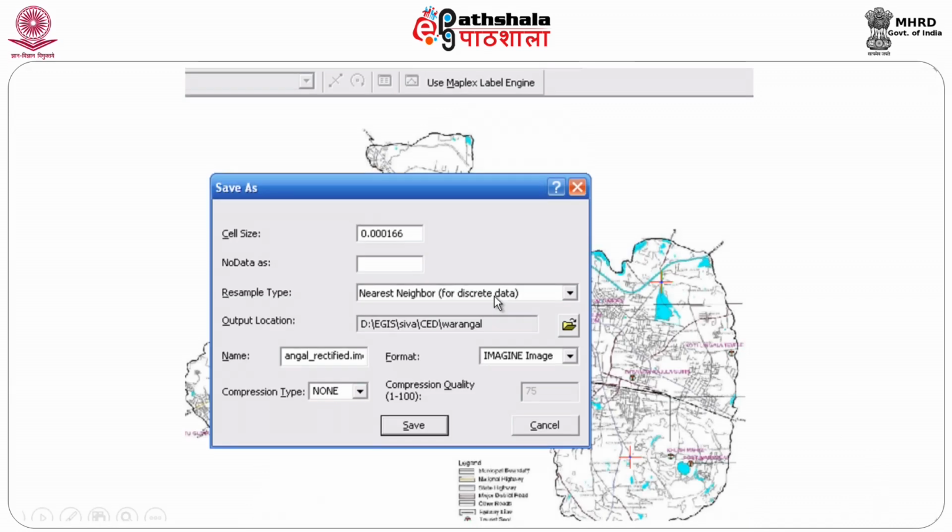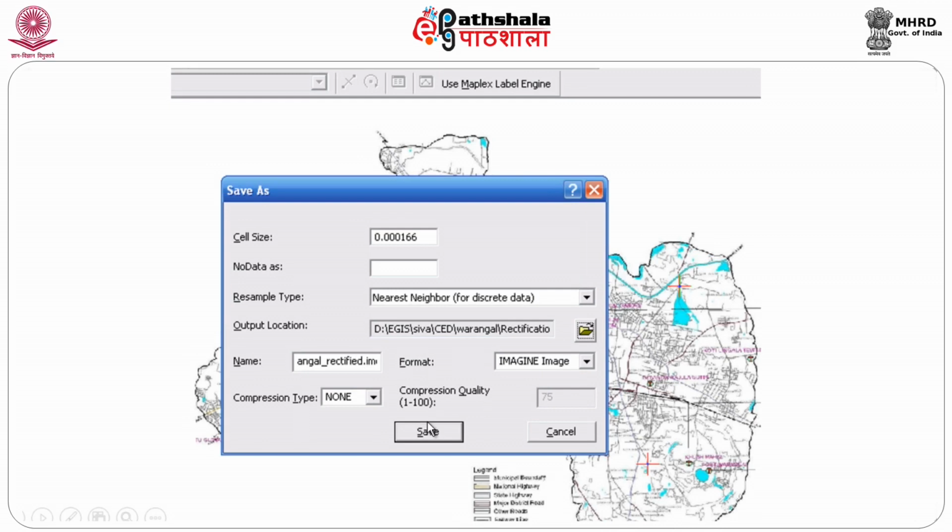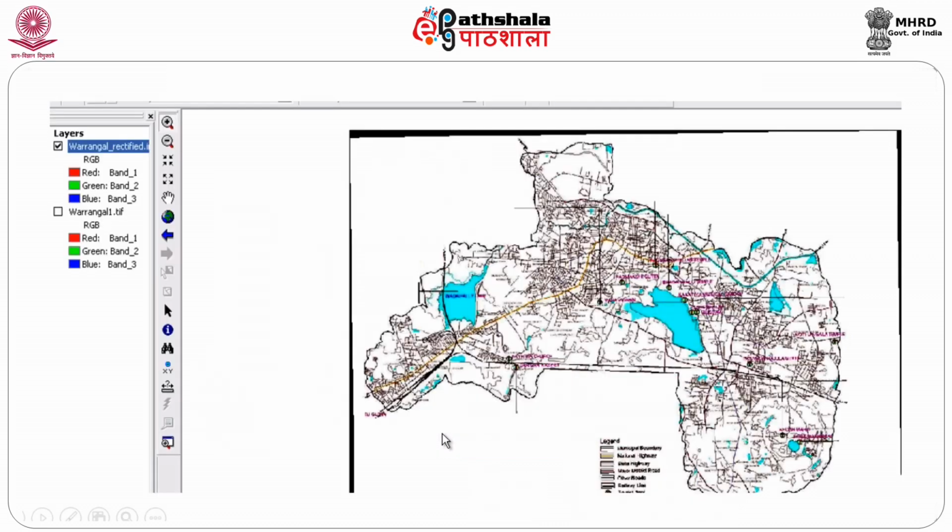Be sure, very important, please remember, naming of the file is one of the prime things one should remember. Whatever data you are going to create, you will have to name it. For example, here this is one town name, whatever that is, you just give that and add rectified, so that it will be easy when you are working in the future. So this will be the name of the file and this will be the path, and once you say save, the system will automatically save it. Now the data is saved, and then you have a new data with an underscore.